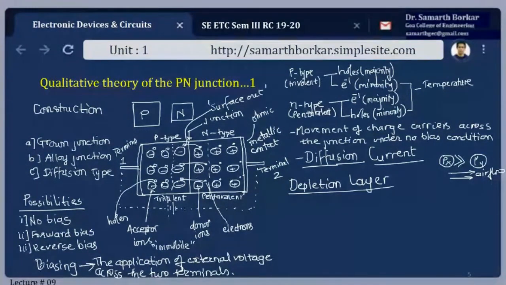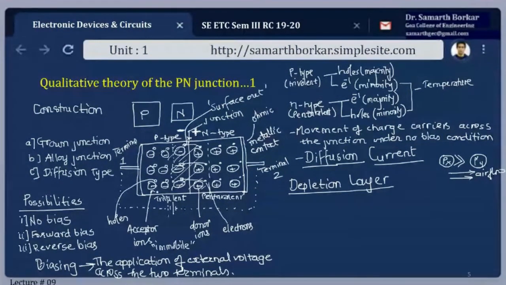Fine. Now, as holes start combining with electrons, we are left with positive and negative ions. They will combine, these holes and electrons will combine, and we will be simply left with positive and negative ions because of this depletion region. Now, why is it referred to as depletion region? Because in this region, we don't have any mobile charge carriers because they have recombined.